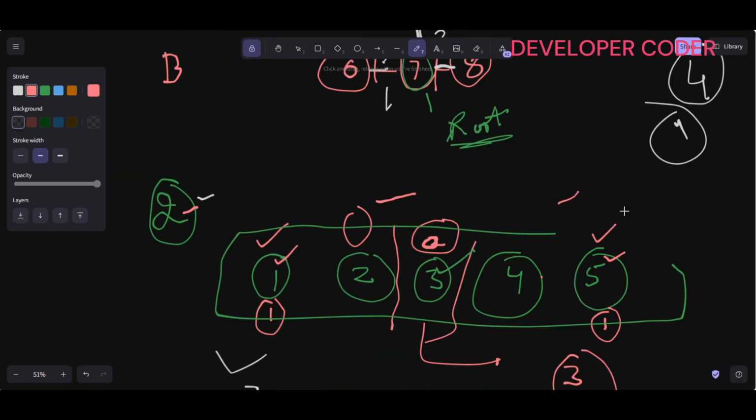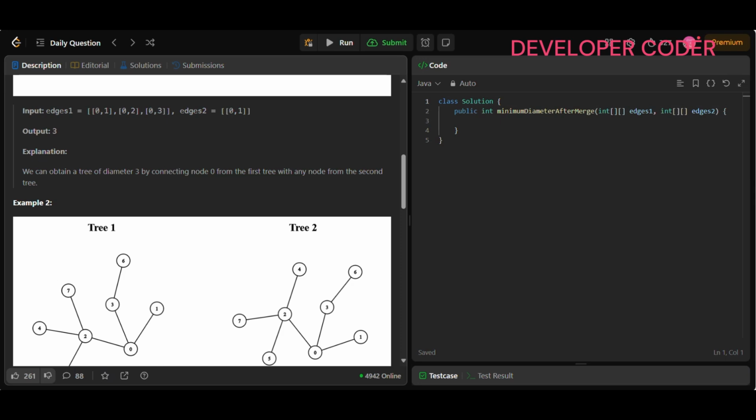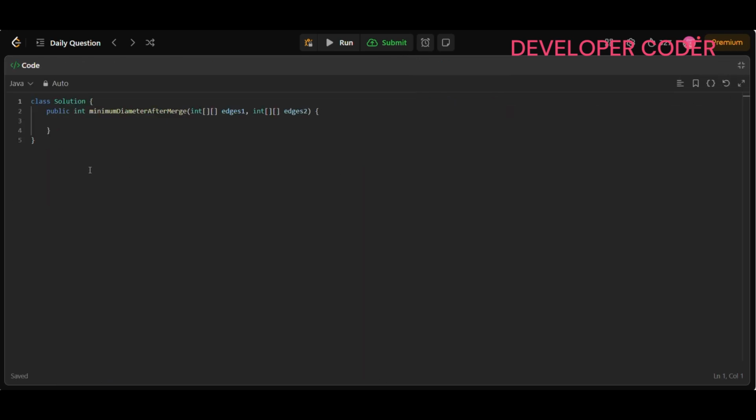So now can we move to the coding part? Yeah, let's move to the coding part. I'm going to write the same thing, and with code also I'm going to explain a few things. So don't worry. First of all, what you need to do here